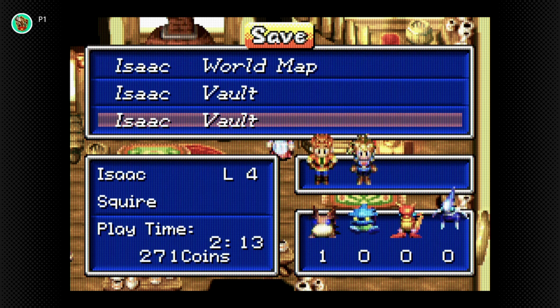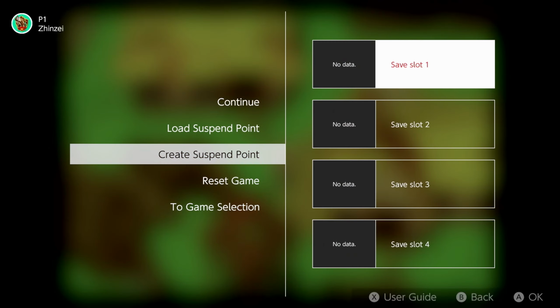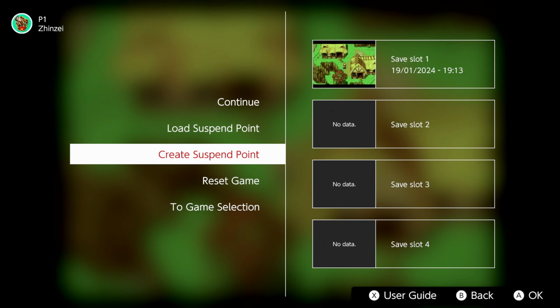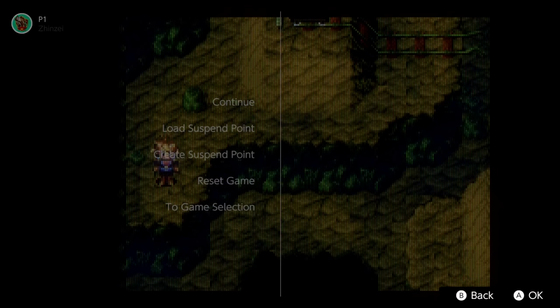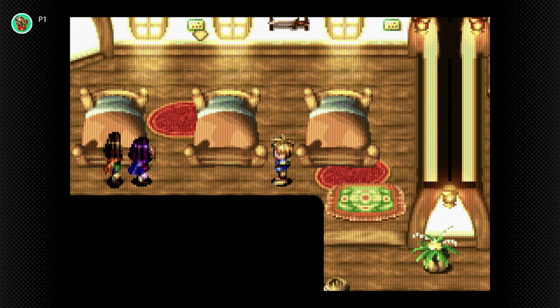If your party gets wiped out, you lose half your coins and get transported back to the Sol Sanctum. If you're playing on the Nintendo Switch Online, you can also take advantage of the extra quick save or rewind functions for added convenience. So these were some of my main tips for beginners, which should not only contribute to